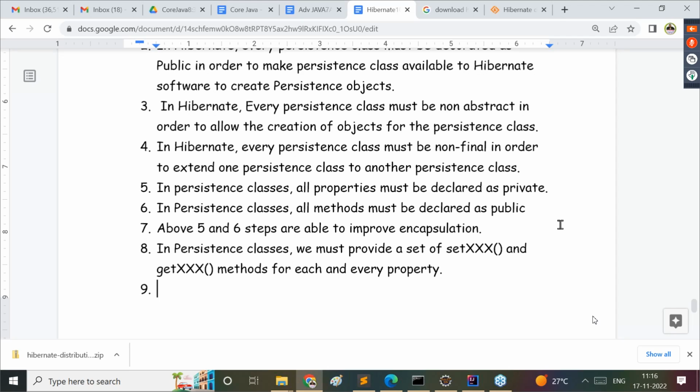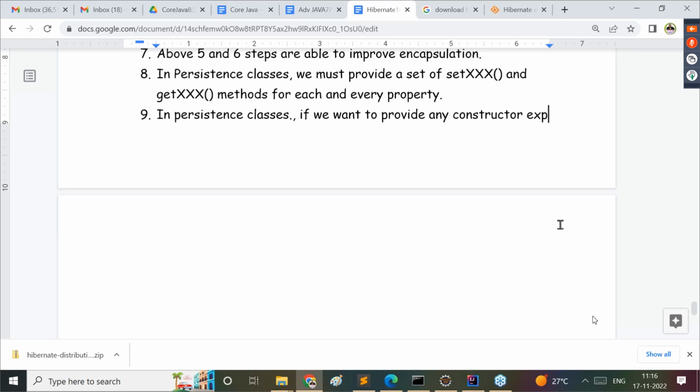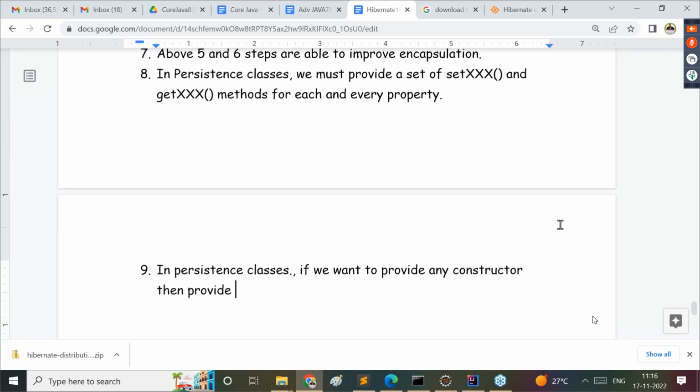Then next one, up to Hibernate, I'm telling. In persistence classes, if you want to provide any constructor explicitly, then provide a zero argument constructor. Why? What is the reason for it? Because